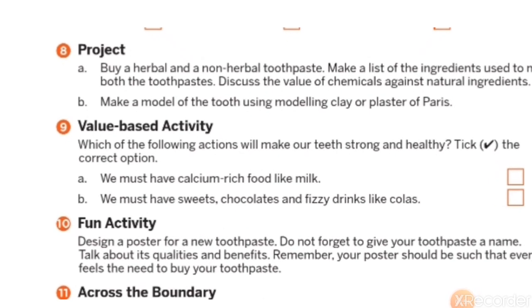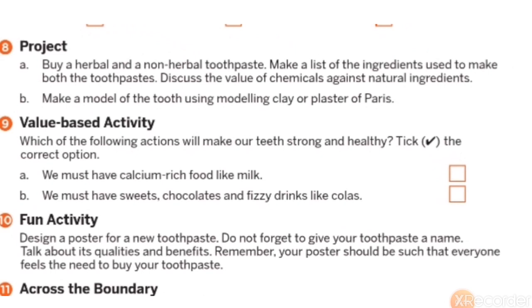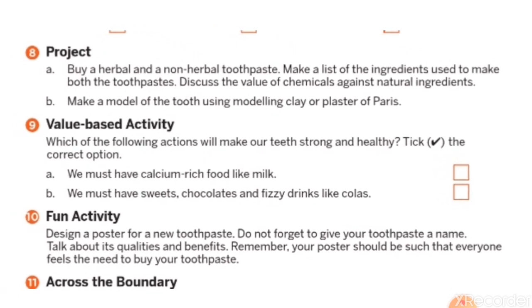Next question, question number 8 is a project. Buy a herbal and a non-herbal toothpaste. Make a list of ingredients used to make both the toothpastes. Discuss the value of chemical against natural ingredient. So you don't have to buy the herbal and non-herbal toothpaste. At your home, whatever toothpaste you have, you can write down the ingredients present in the toothpaste, and you can see